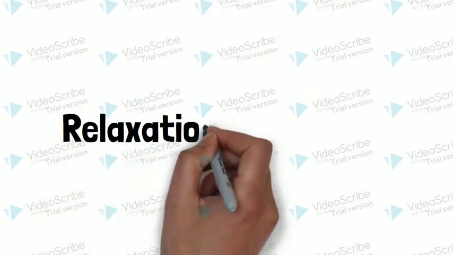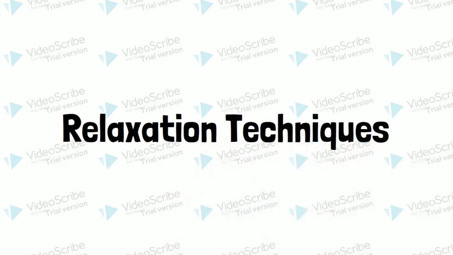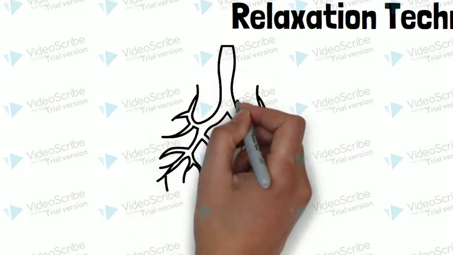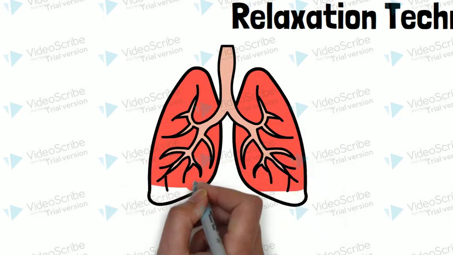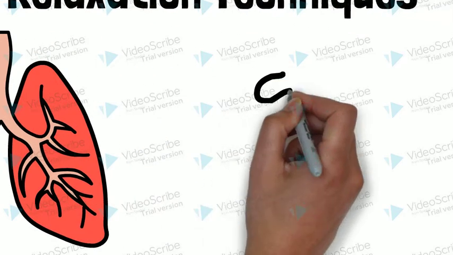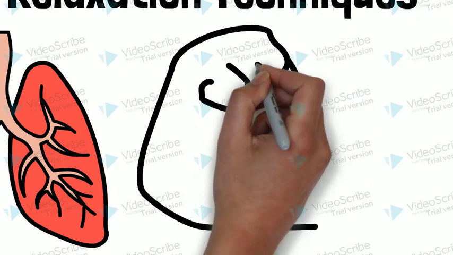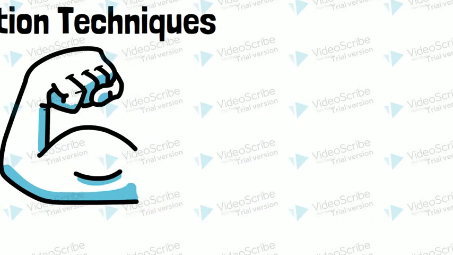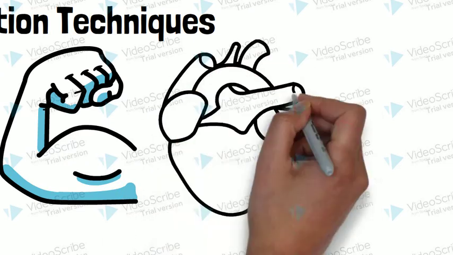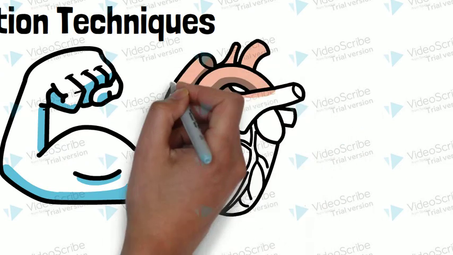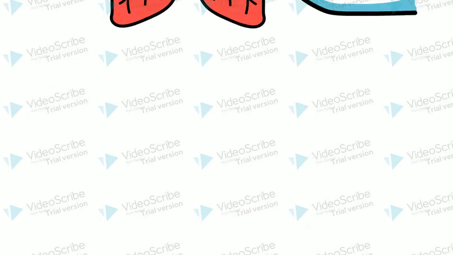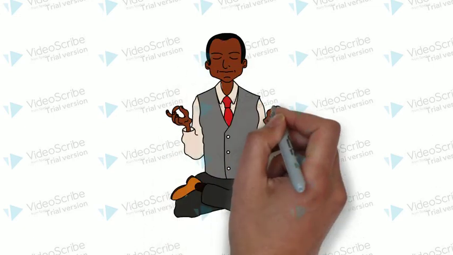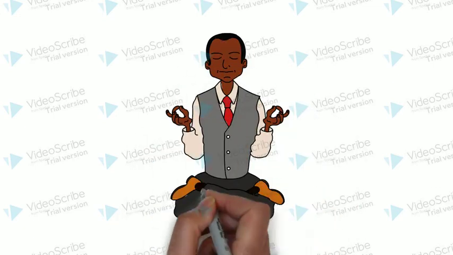Relaxation techniques. When children are calm, it helps to explain to children what happens to them when they feel angry or sad. Ask them what happens to their breathing, their muscles, or their heart rate. They can use these indicators to help them identify when they are feeling stress. Explain to children that it does not feel nice when they get upset, and it's hard to think clearly. So the first thing they should do is calm down. It is important to practice these techniques regularly when children are calm so they know what to do when they are upset.